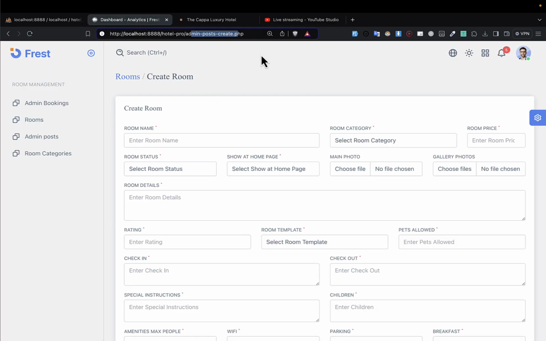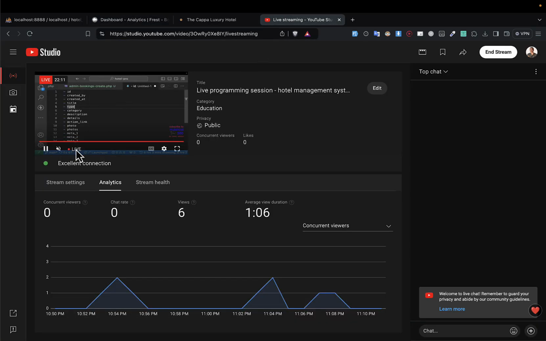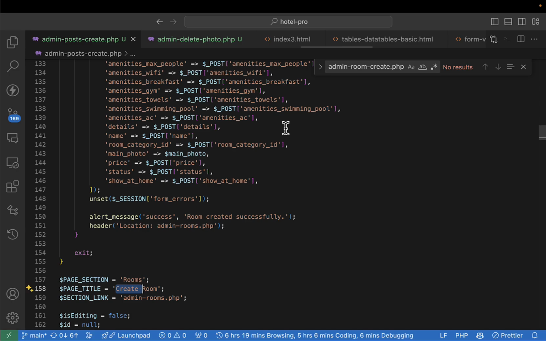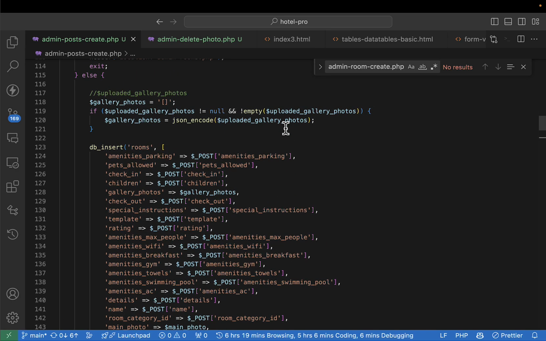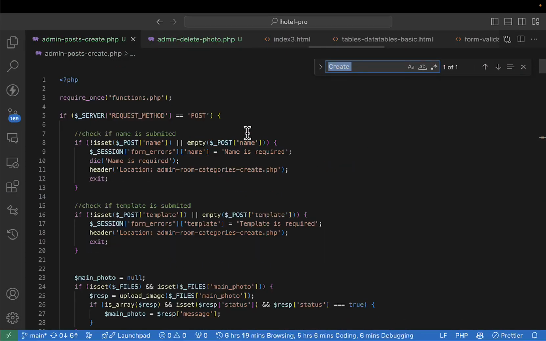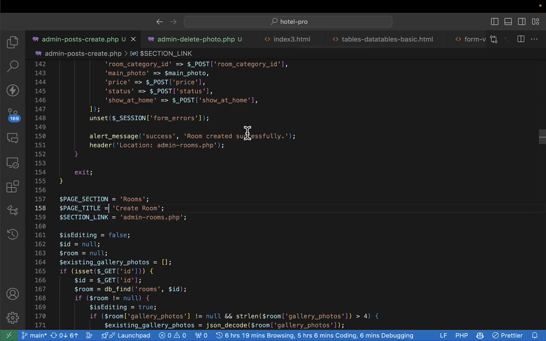So I'll just simply come to our file, press Ctrl+P, come to a file, it is there, and then I go ahead and say well the section is not rooms, it's going to be called posts. Not admin posts, just let's call it posts, and then the page title will be create